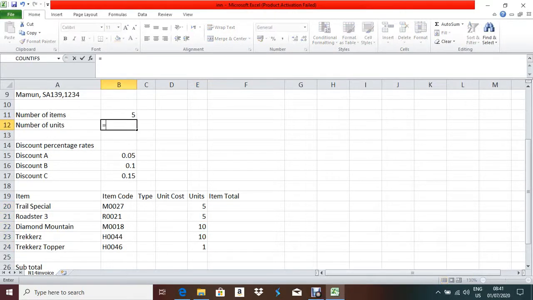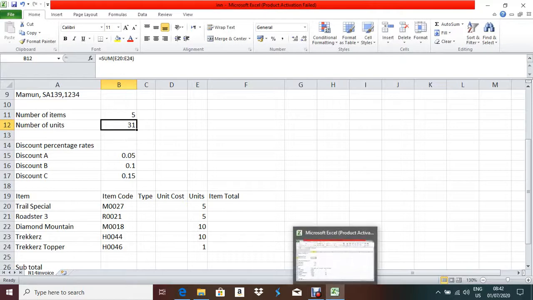So what function do you have to use? SUM function. Equal to SUM, first bracket, what is the first cell address? Units belong to E20, right? E20 to E24, and press enter. So the total number of units is 31. Done.